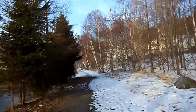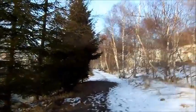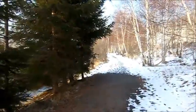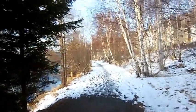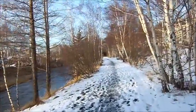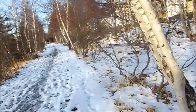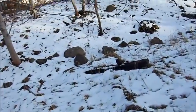Now we're just walking down the track bed. I think this might have been a service line. I'm not quite sure, but the train station is on the opposite side of this river, the rail yard, and this one here is like some kind of service line. I'm not quite sure what it was here for. I'm sure somebody out there could help fill in the blanks on that one. But if you look around, you can still see